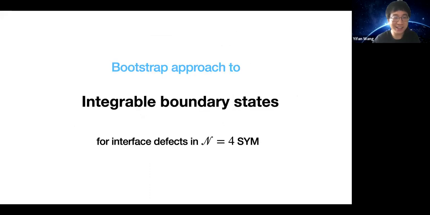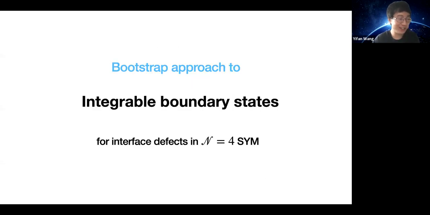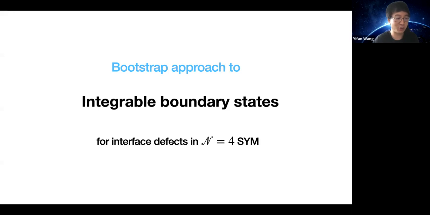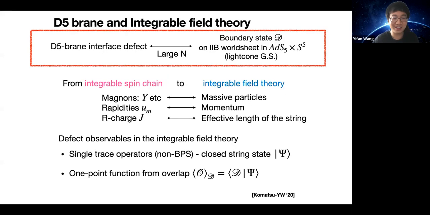Yeah, so let me just say briefly the ideas without going into the technical details. There's a complementary approach to analyzing these defect observables. This is the bootstrap approach, which I'll talk about for interface defects in super Yang-Mills. The idea is that because the super Yang-Mills is dual to type IIB string theory, these defects in the large N limit,